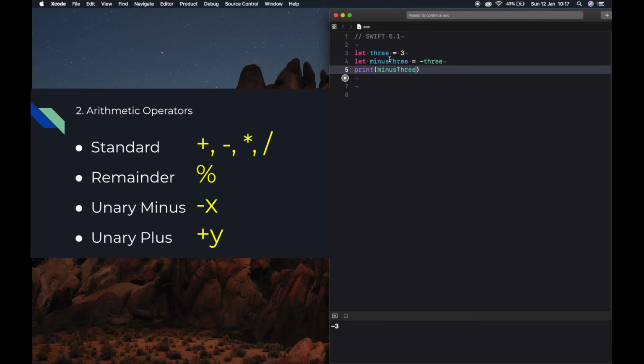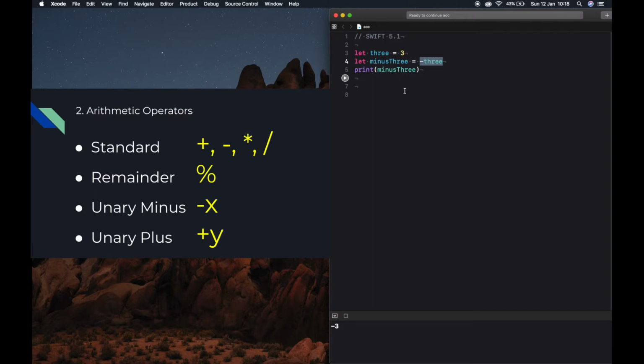See, the value of the constant three is 3, and we applied the unary minus operator to this constant, and the value of that constant is changed to minus 3. Okay, this is known as the unary minus operator.